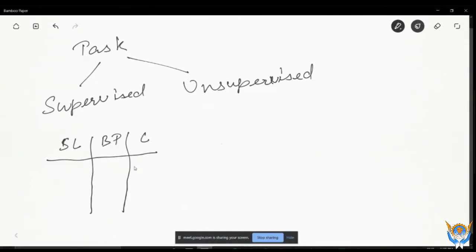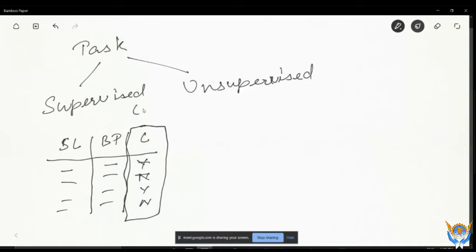In supervised learning, you have these features, like the sugar level of patients and the blood pressure of patients, and you have this data also: yes or no. You have this label data also. This column, whether the person has cancer or not, is called a label, and it is also called the target variable.